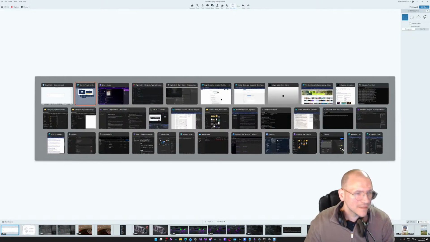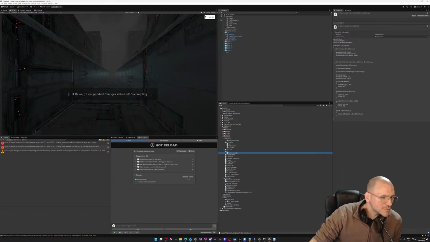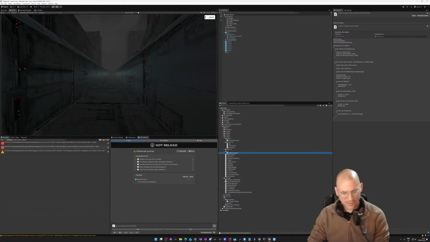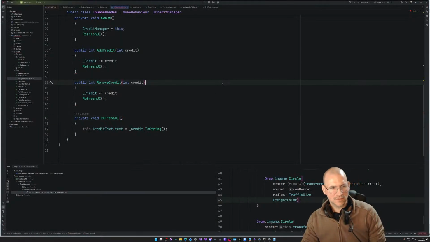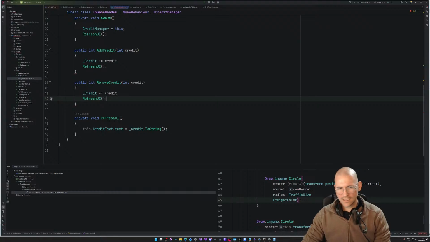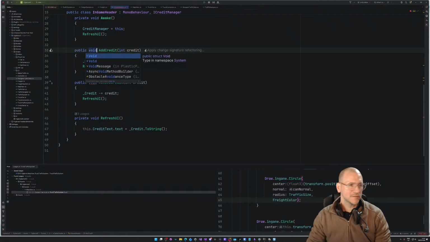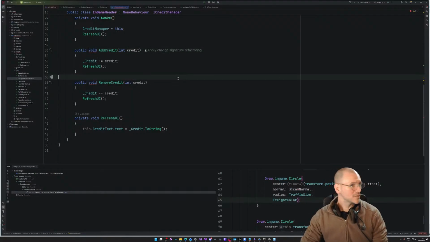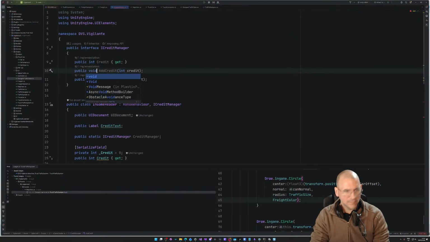Next, back in the game view, we go to here. Yes, there's reload changes. Int paths, not everything returns a code value because I have not saved the code yet. So save it. Oh, int, yeah, nothing returns that. Do I care to? Yeah, we'll just go with void. Add credit, same. If I want the value after, I can do that, but I don't care about it. So this one, void,